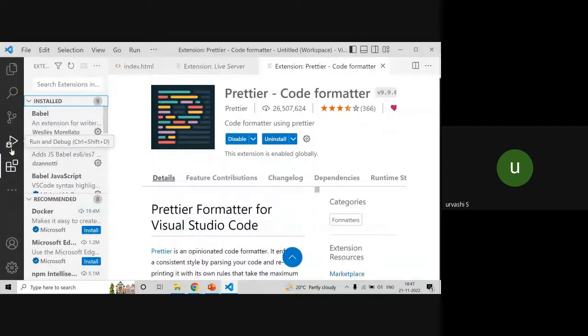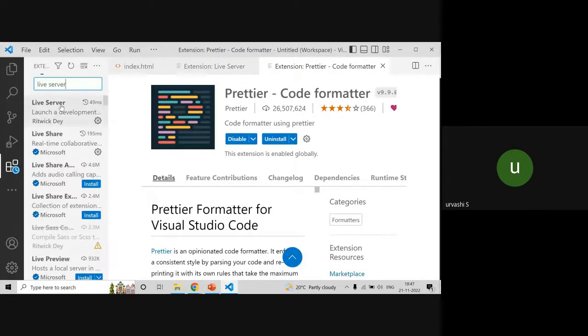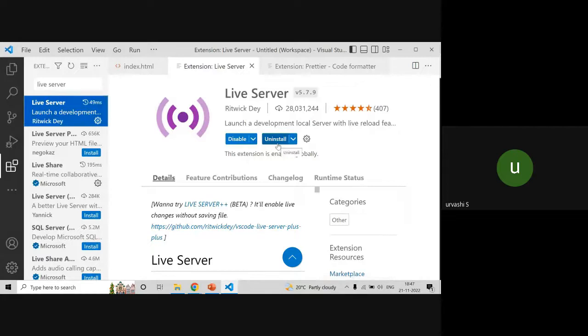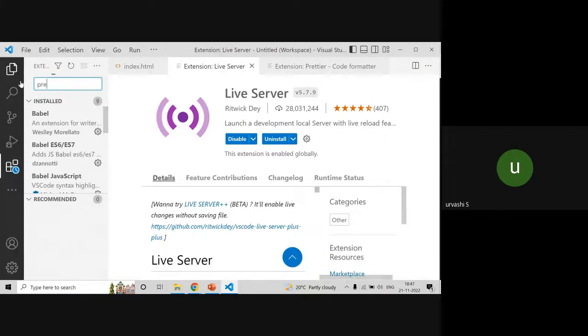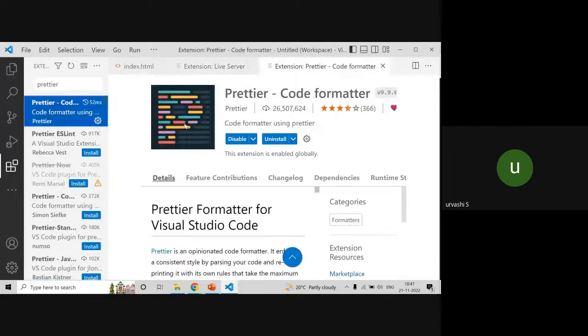So guys, go to extensions. Here search for live server. Click on it and click on install here. You will see live server will be installed. Then you guys have to install Prettier. Prettier is nothing but a code formatter. Whatever code I write, it will format according to that syntax. Click on install; in your system it will be installed.